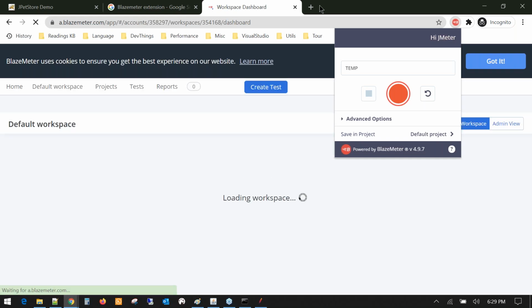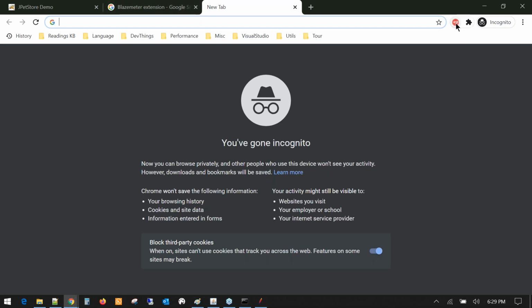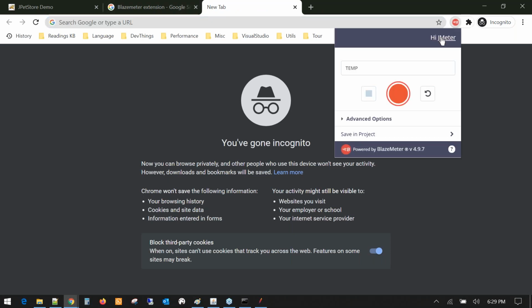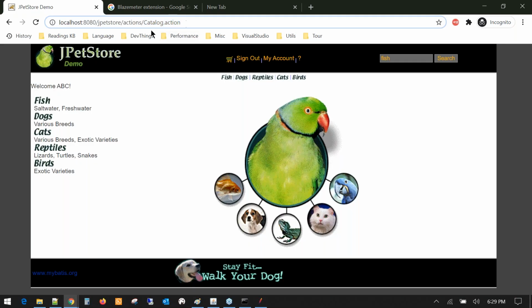So let everything be as it is. It's a dashboard of BlazeMeter. Not to worry about it. You can simply close this window, basically close that tab. And yes, I'm still logged in. Now, I have to convert those pages into a script. Basically, I'm going to record a script